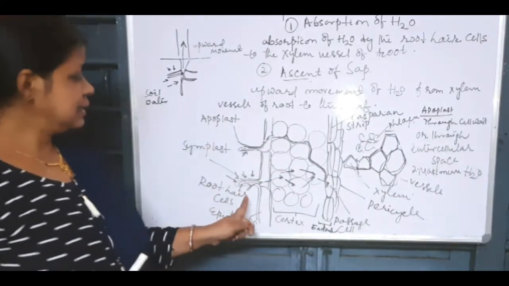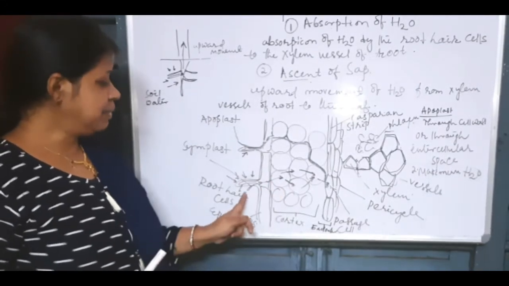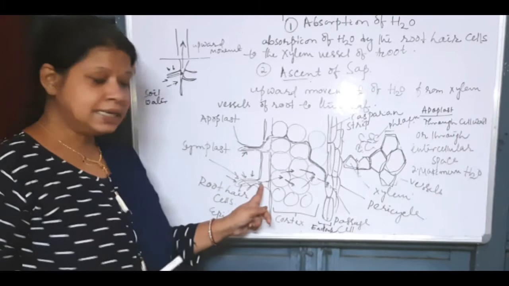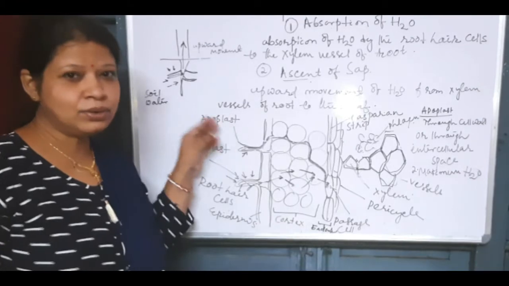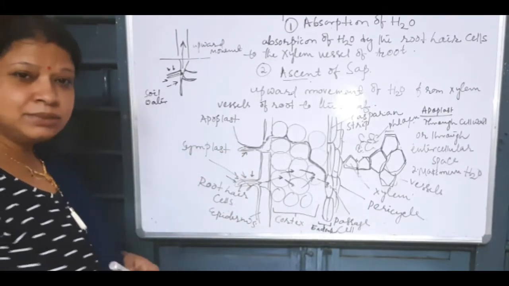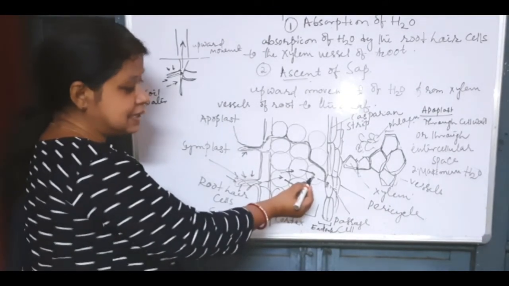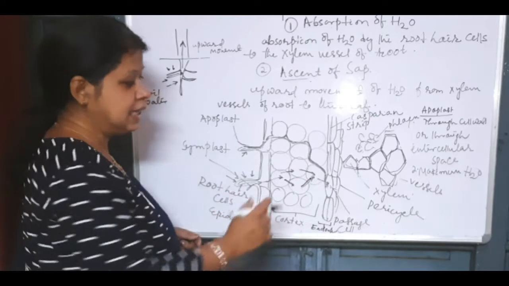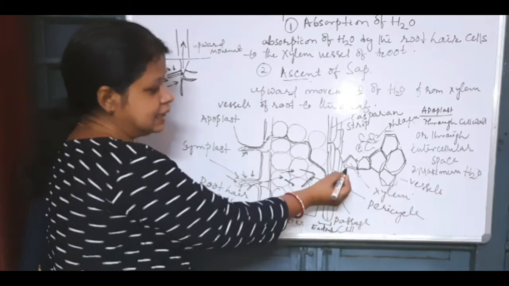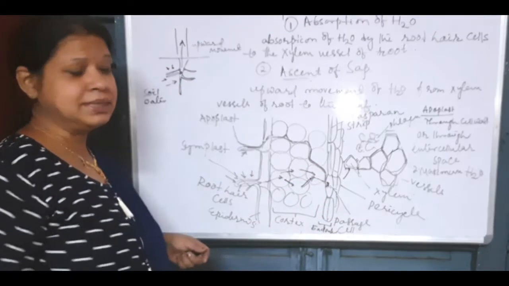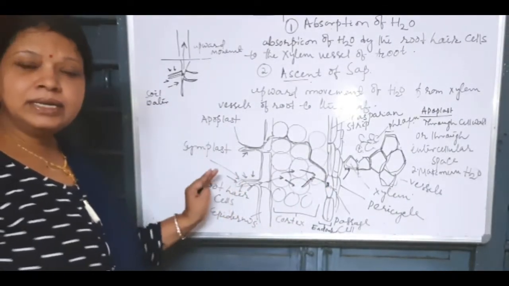Another movement is symplast, in which the water moves through the cell. First it becomes a part of the cell sap, then it enters another cell through plasmodesmata. We know that all the cells are interconnected with plasmodesmata. So through these plasmodesmata it enters the cell and becomes a part of the cell sap. Then it enters the passage cell, and from the passage cell to the pericycle, then it comes to the xylem vessels. In this symplastic movement, the movement takes place